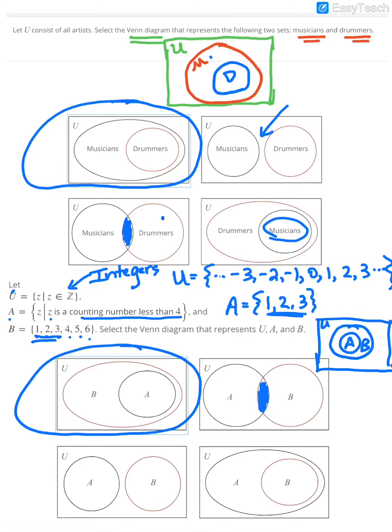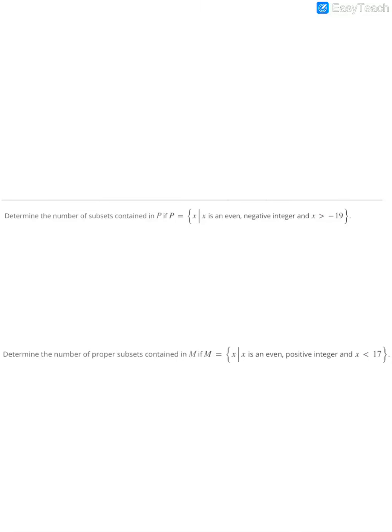This third picture says there is no overlap, so that is certainly not true because we said there were numbers of A that are part of B. And then the last one says all of B is part of A, and that's the reverse of what we actually saw. Okay, so then we get to talking about how you can determine the number of subsets from a